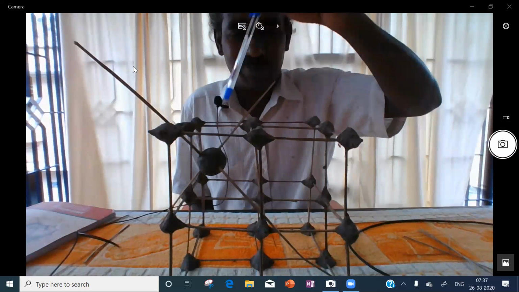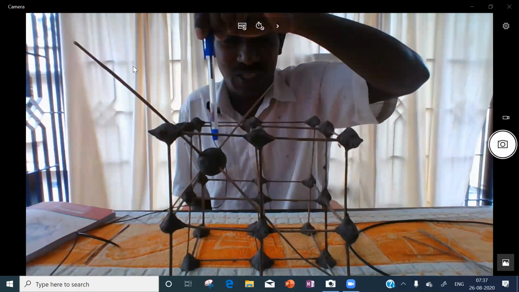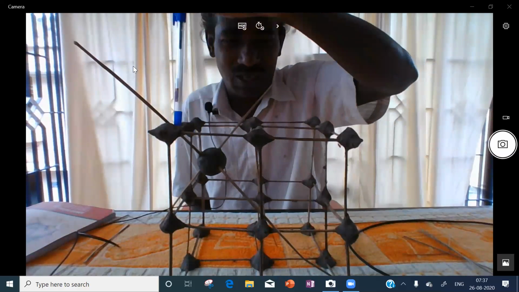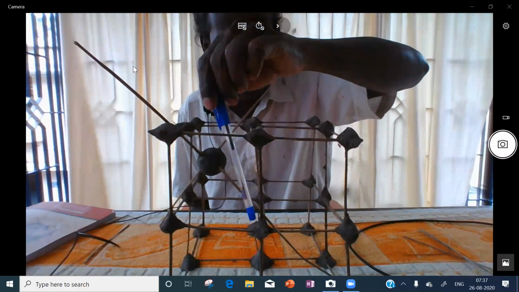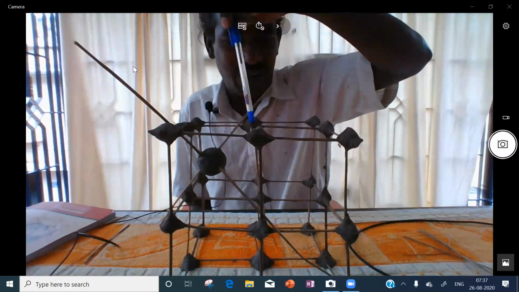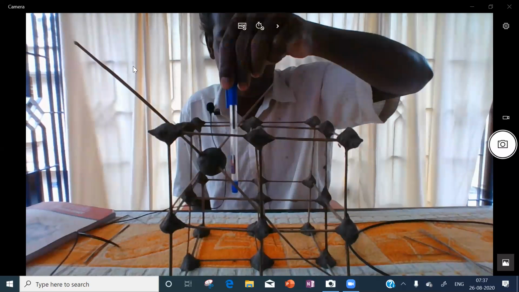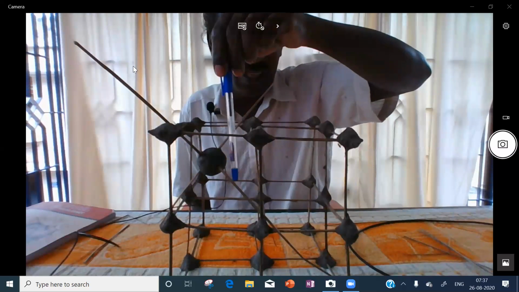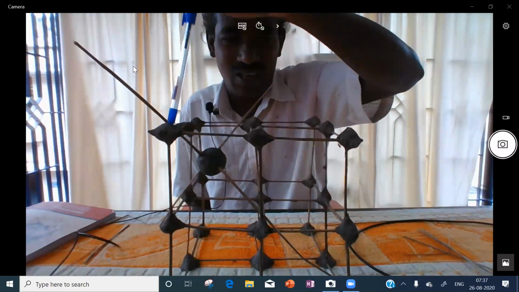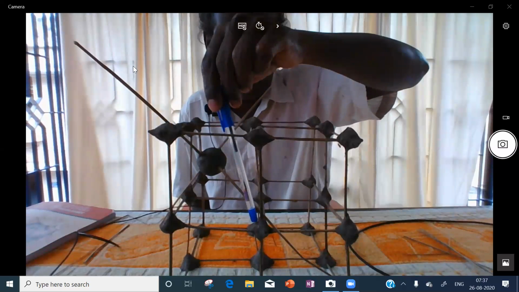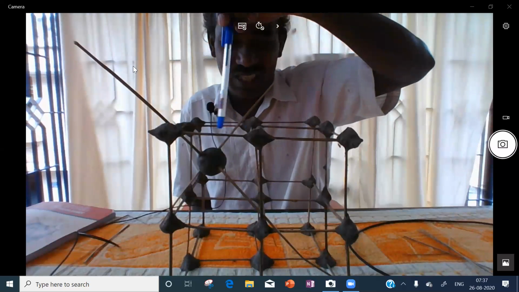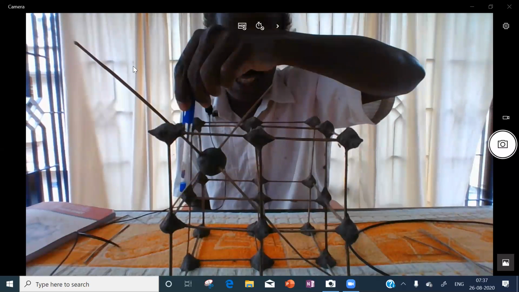In this small cube, the corner, front face center, top face center, and side face center are there. This corner bonds with these face centers to form a tetrahedron.